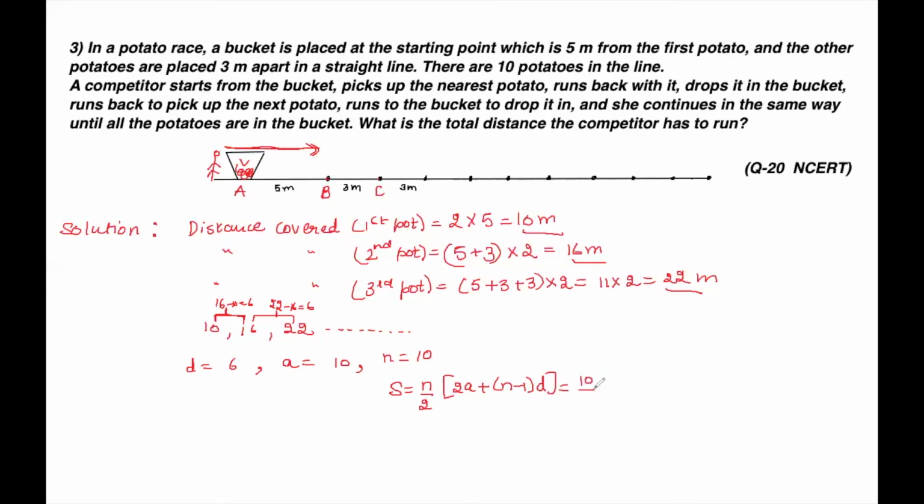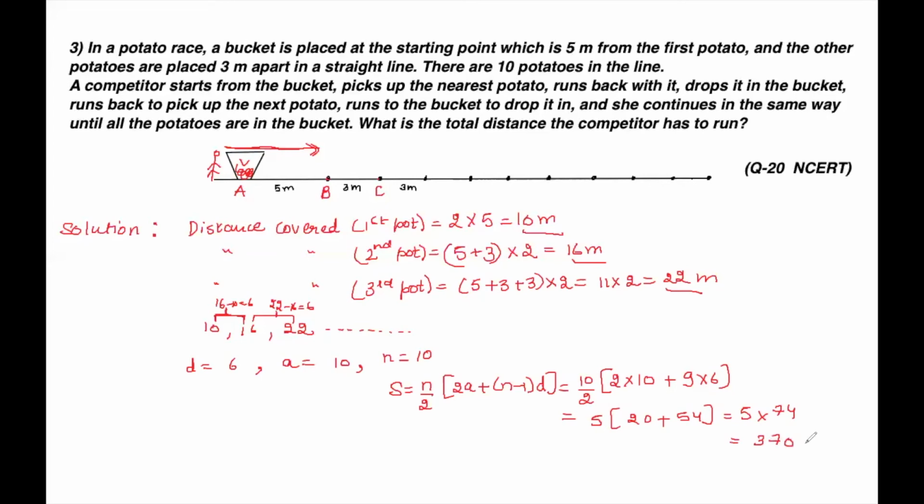It would be 10 upon 2, 2 into a, where a is 10, and plus n minus 1, so I can write 9 here directly, and d is equal to 6. So it would be 5 into 20 plus 54. This will be equal to 5 into 74, which is equal to